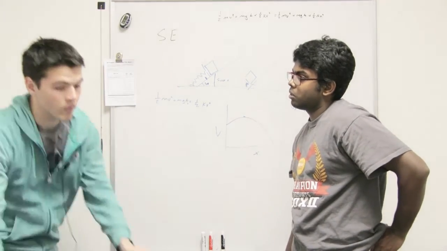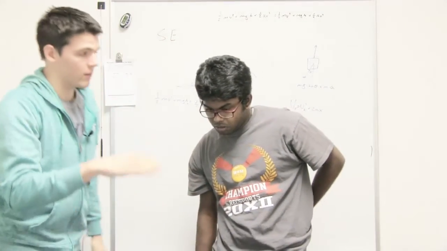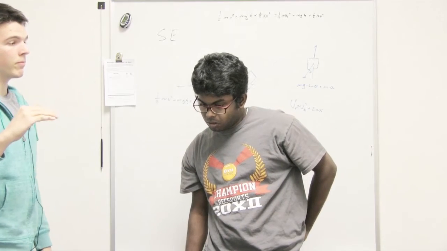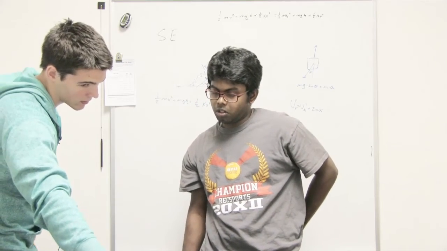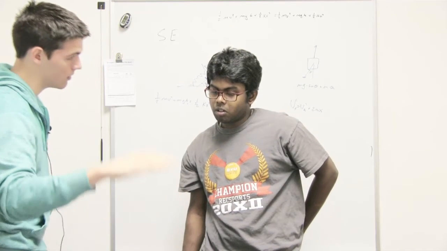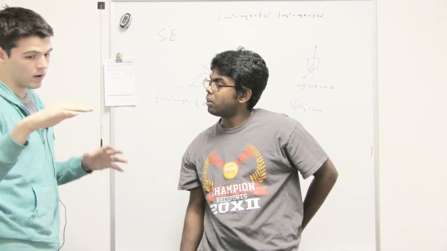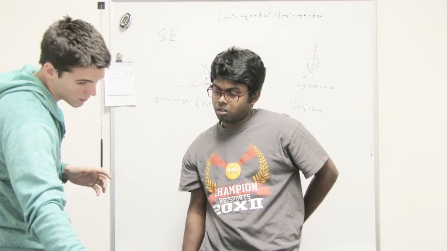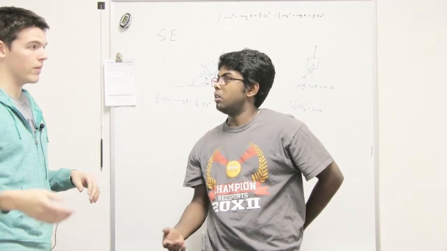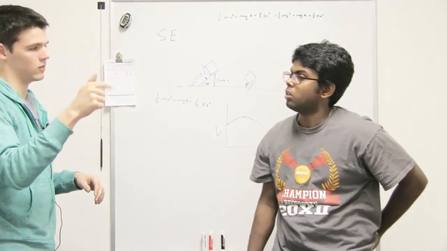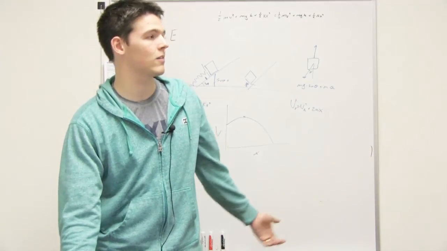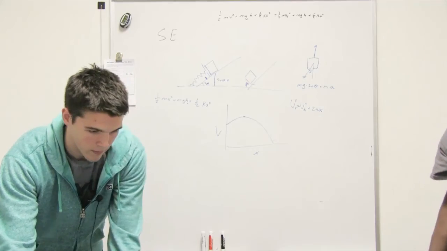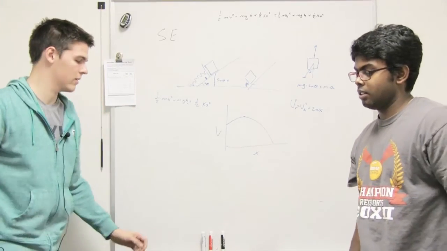So what that did, when you take the derivative, that finds the slope of the line. And you want to know where the slope is 0. It's like right there, because the slope right there at the top is 0. So if you find where the derivative is equal to 0, that is exactly where the x is. That's where the velocity is a max. And that's 1.96. Okay, so